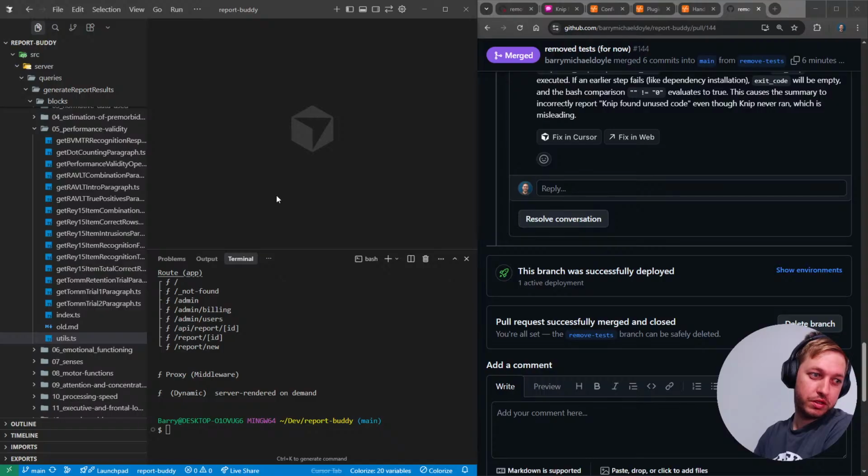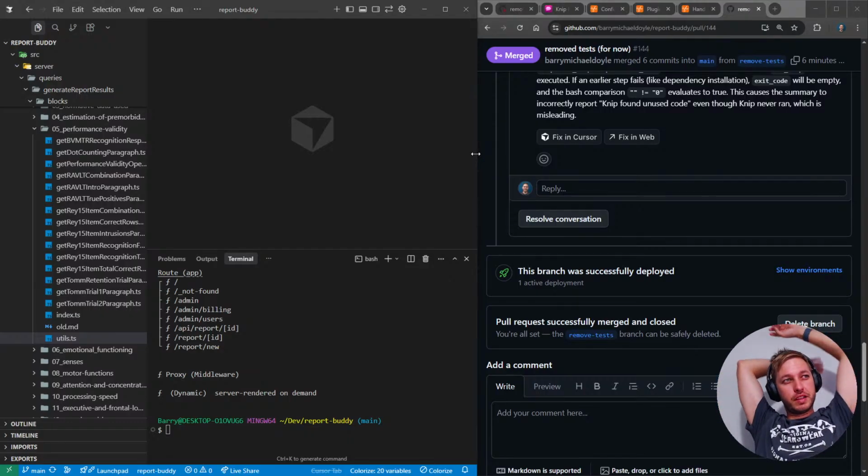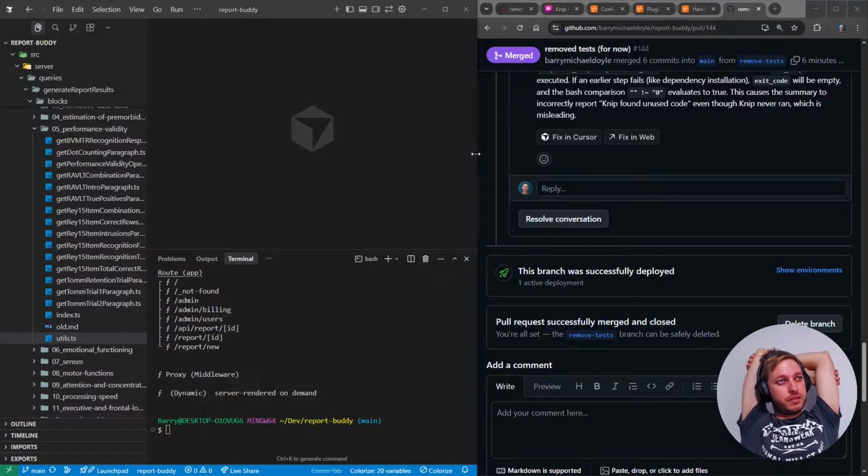Out of curiosity, what is the project? The project that I'm running this on, it's a closed source project, so you can't see it, but it's like a reporting tool for neuropsychologists. Basically, neuropsychologists, they've all been sort of pre-sold to, so we just build stuff for them. But a neuropsychologist will assess a patient for like neurological disorders,